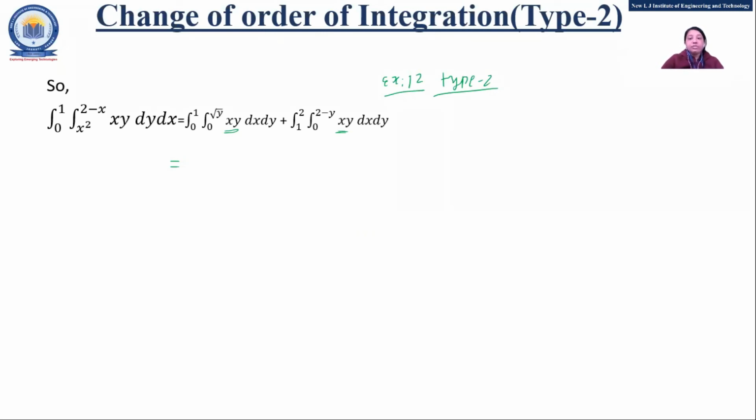So today we have seen change the order of integration. Important point, right? Now type 1 and type 2, you can go for that. The thing is, you need to decide whether the vertical strip or the horizontal strip is given. Whatever is given, you just need to convert into the other one, right? Fine. In that way you can do it.